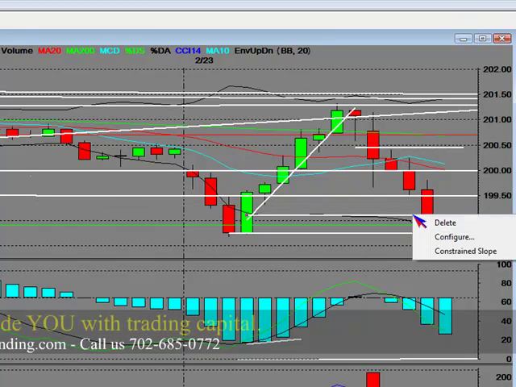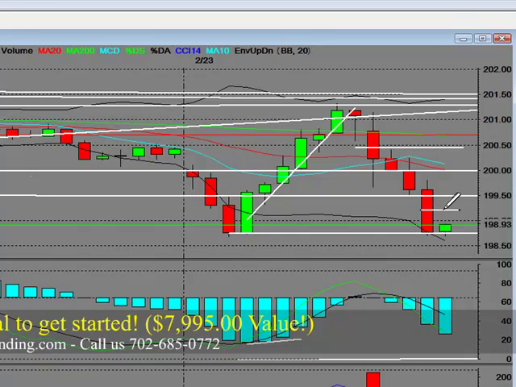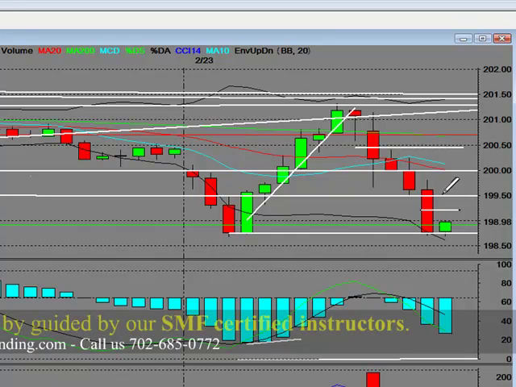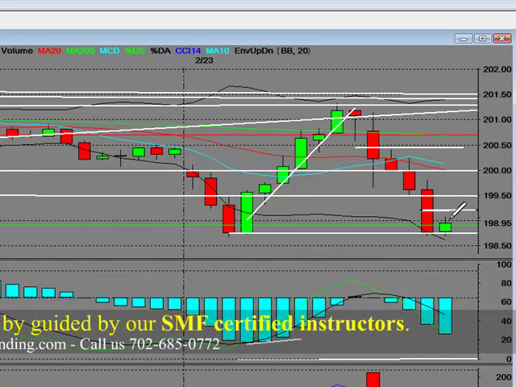I'm going to take half of the red bar here. And now what I'm going to show people here as a professional, that's the SMF Pro Trader bar. It's a 3-minute bar. If I go above that on a closing basis, I'm going to cover my short. Just the same way as I did it up here. So I can go into resistance there. That's fine. I've got to close above that, this trend line. I've got to get a closing bar above it, and then I will come out of the short. If I go in and hit resistance and roll over, I will stay in the short. But this is, look, I got short up here, and I'm going to protect my move, and that is the criteria.